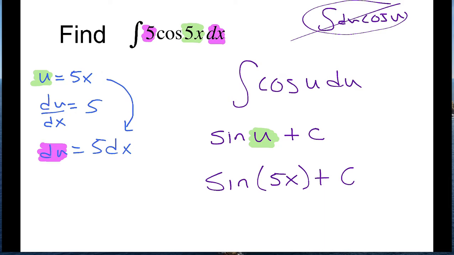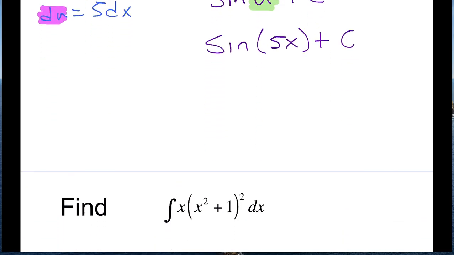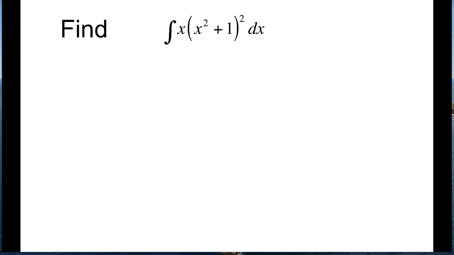Now I'm not going to do some of this highlighting that I've done before. I'm just going to go through and do some of these problems. So I'm going to speed up a little bit. Not trying to make you crazy by speeding up. I'm just trying to make sure that we get through a lot of problems so you see a lot of